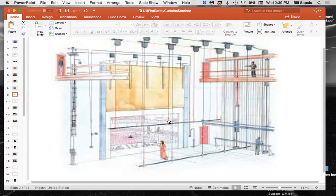So let's leave that. Let's get back over to the fire curtain. Let's talk about some of the more technical things about it, just so we are all on the same page. Smoke pockets are really important. The fire curtain is rated to hold the pressure pushing against it from the house side. When it deploys, it has to be rated to withstand 2 pounds of pressure per square foot. All right, so you can imagine what kind of pressure is pushing up against the fire curtain,